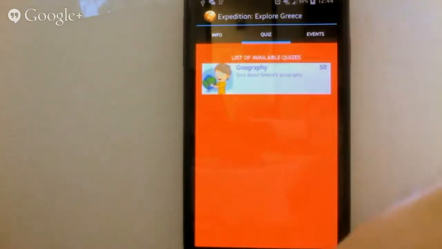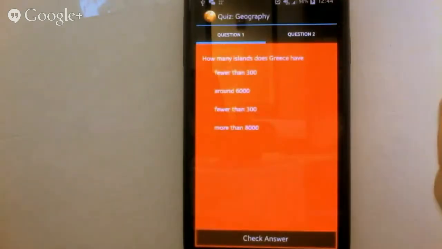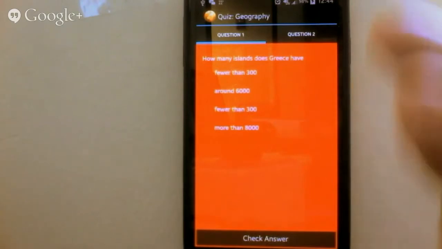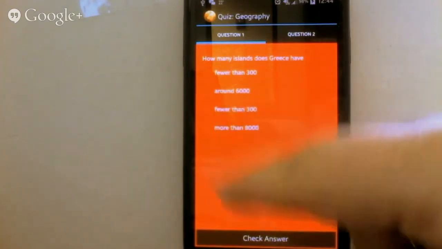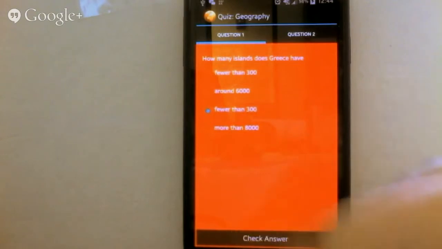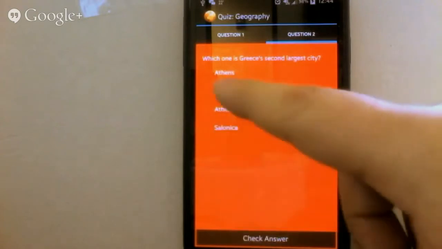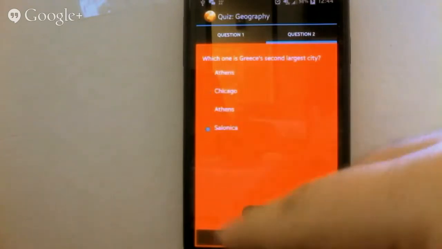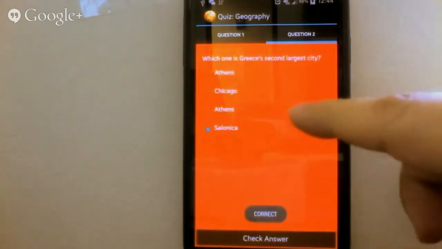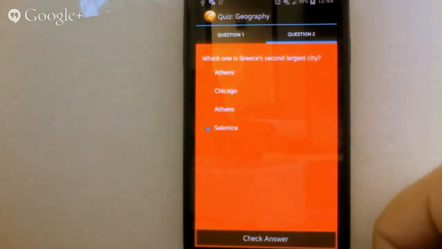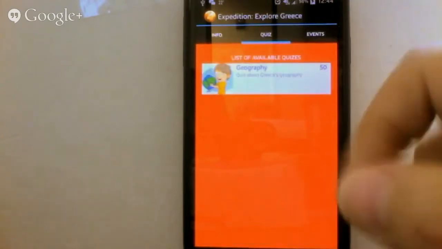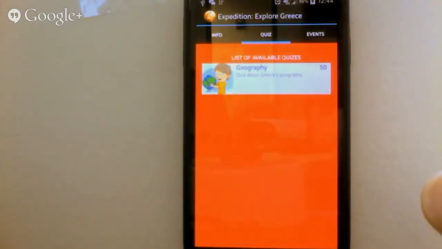And then you can also take dynamically generated quizzes that ask questions about the information that you acquired as you go through the phase of exploring that culture. You can try the first question, you can try the second question. And again, those all are dynamically retrieved, and I can always update those questions and add more. It's just an example here with limited